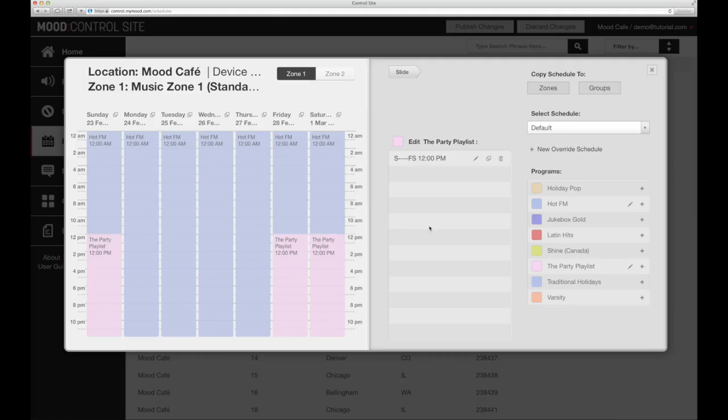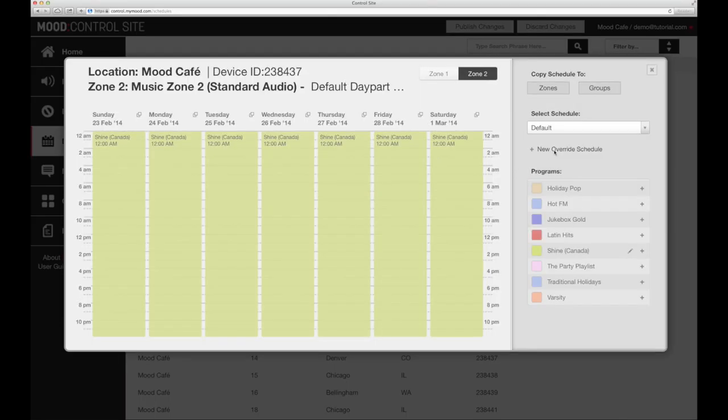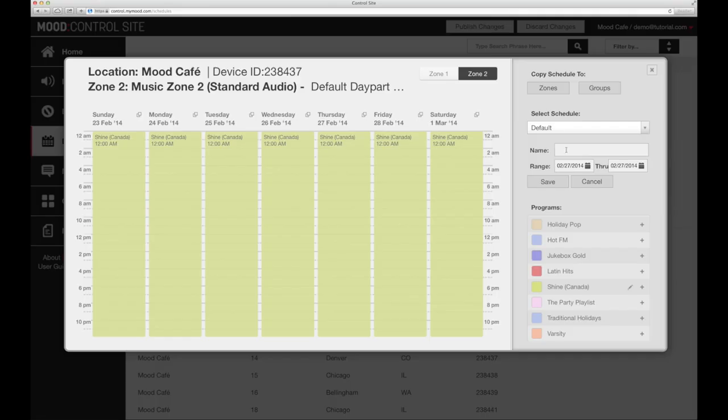In Zone 2, we've got a sale coming up for margarita glassware for Cinco de Mayo. So let's plan for that. Click Zone 2. Then click on New Override Schedule